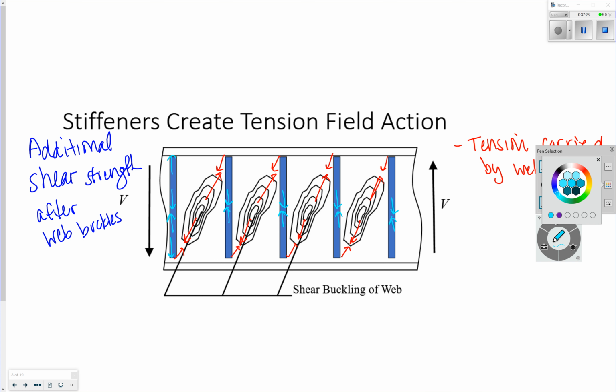And then if I draw the equal and opposite at the nodes, you can maybe kind of see this looks like a truss, where my vertical members